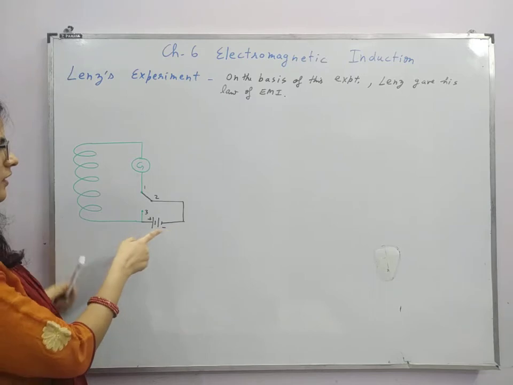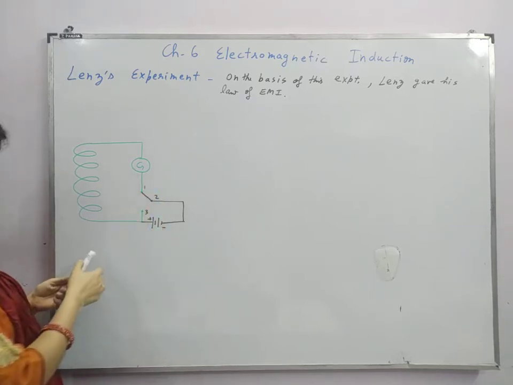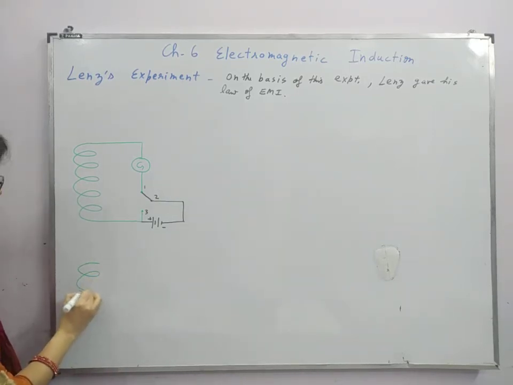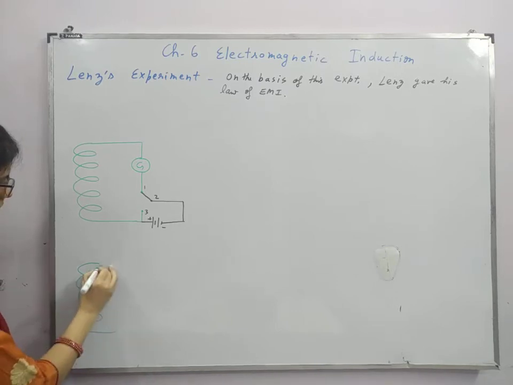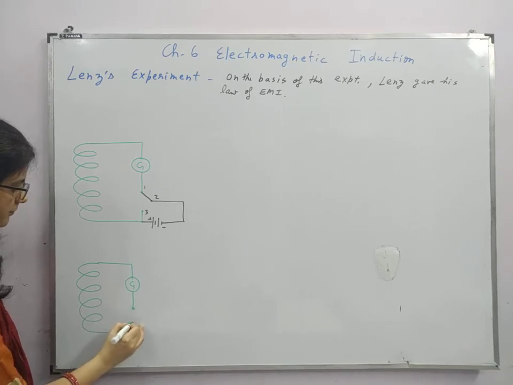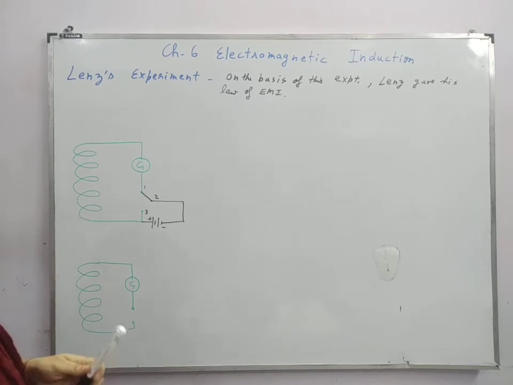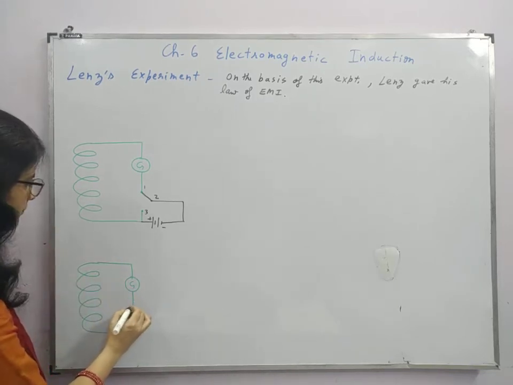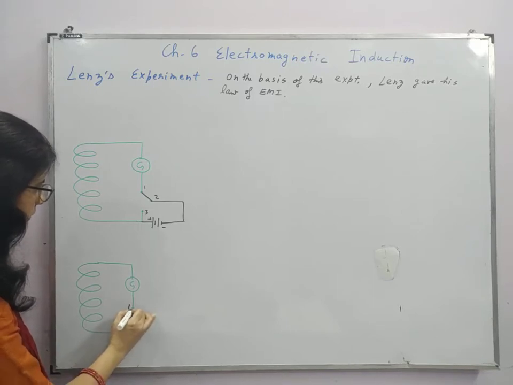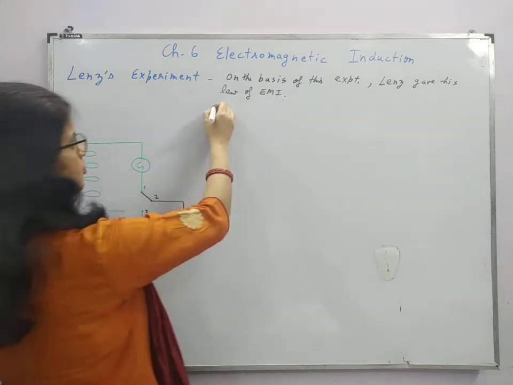Now after that, the connection of the battery is removed and only 1 and 3 is connected. So afterwards I am drawing that also. Once it is clear which direction the galvanometer deflects when there is clockwise current, then this battery is removed. So I'll just write the steps so that you remember.